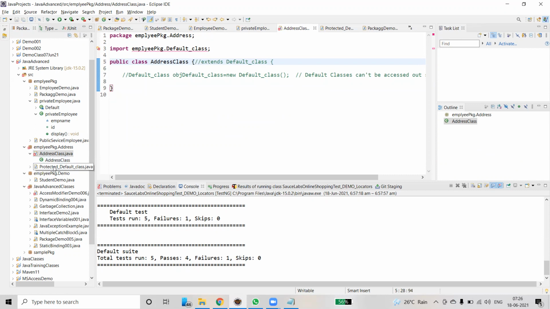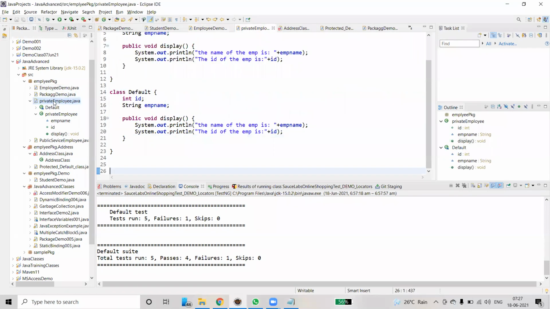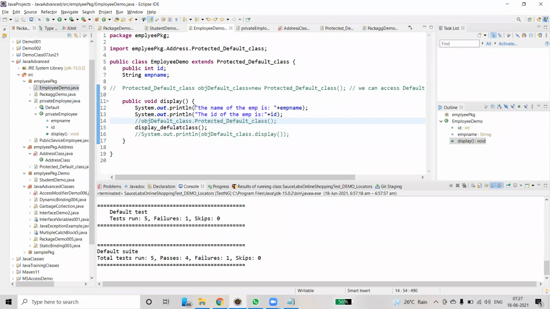Now look here. This is a protected default class that is inside employee pkg.address. And where we are accessing it actually, we are able to access it in employee demo.java. Here we are accessing it. How is that possible?